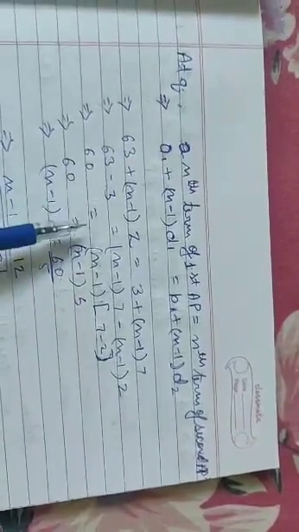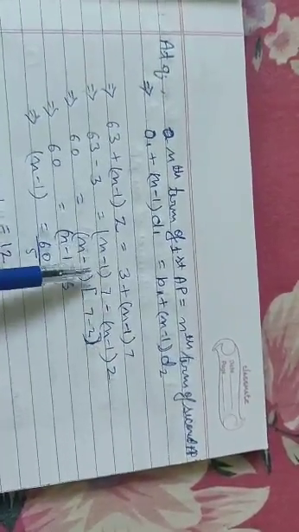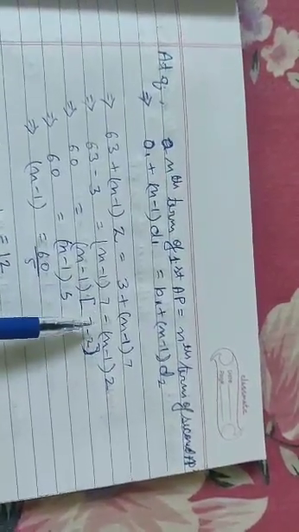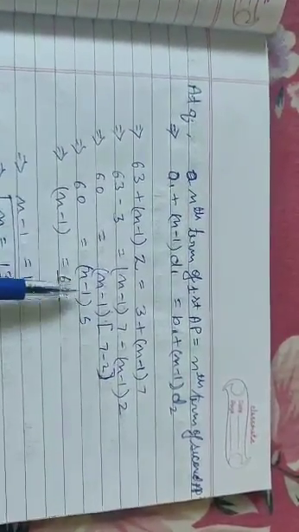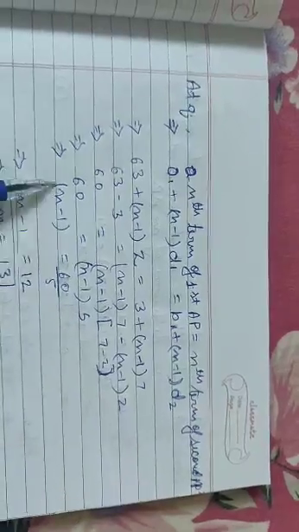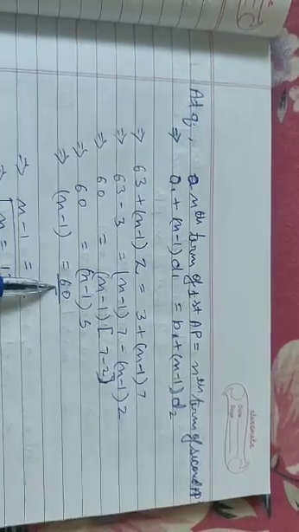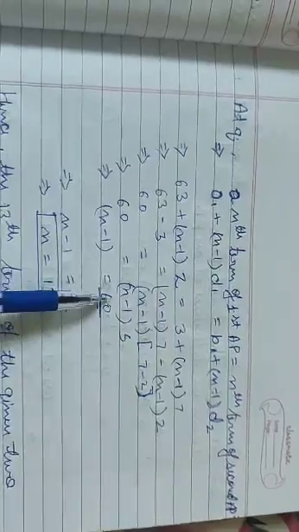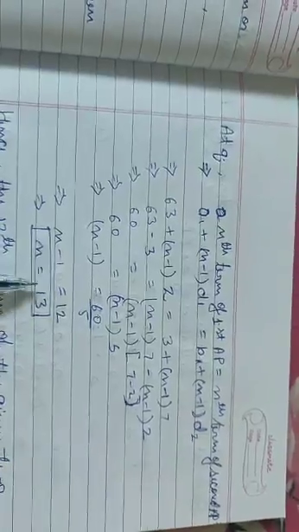Okay, now 60 is equal to, see, in this term also and in this term also we have n minus 1 common. So after taking out n minus 1 common, we will have in the bracket 7 minus 2. Okay, see, next 60 is equal to n minus 1, this is into 5. So n minus 1, see, if we transpose this 5 to this side, it will become division with 60. So n minus 1 is equal to 60 upon 5. Dividing this 60 by 5 we will get 12. So n minus 1 is equal to 12, that is n is equal to 13. After transposing this minus 1 to the RHS, it will become 13.